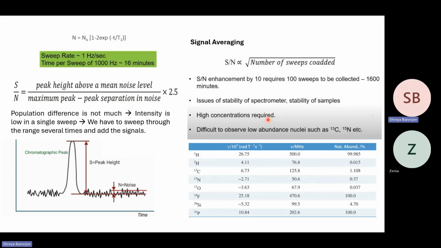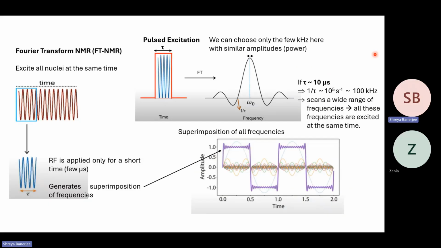Other than that, high concentration of the sample may be required to get a good intensity. And hence, because these low abundance nuclei, they will have problems because that abundance is low, so they will need even higher concentration. So the more refined form of NMR that is used is known as Fourier transform NMR or